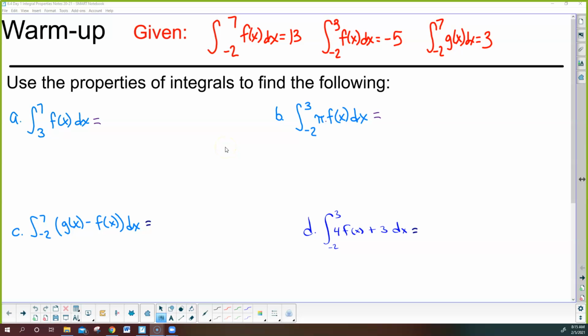Good morning, everyone. Let's go over this warm-up here quick. This is based off of the integral properties that was discussed in the video that you were supposed to watch